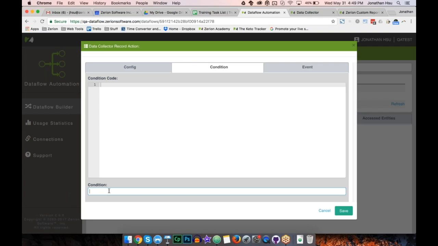For my condition, I'm going to say record.correct divided by record.count is less than 0.75. So the idea here is if they got lower than a 75% on their certification test, that would be true, and then this would send out that record to be reassigned to them. So if I save this,